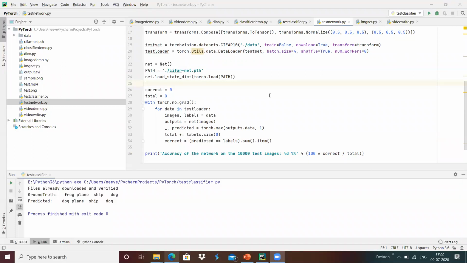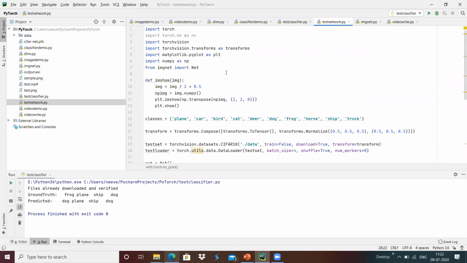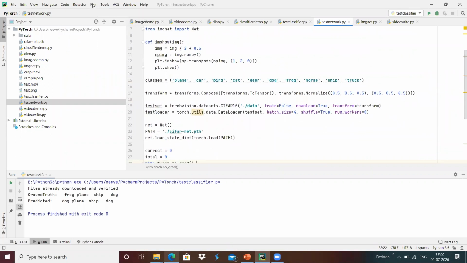Here we are going to load all the test data images and check our network performance, how many images have been detected properly and how many have not.